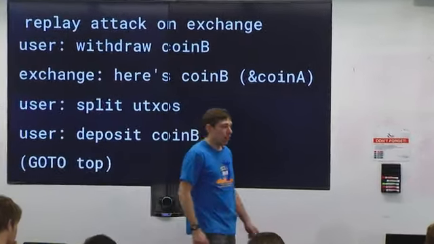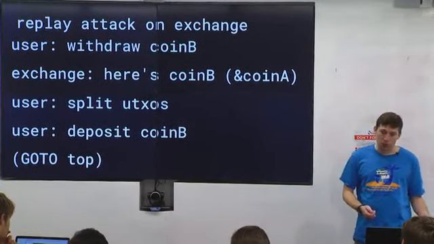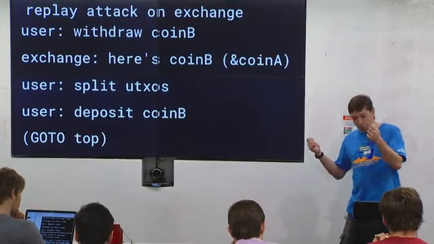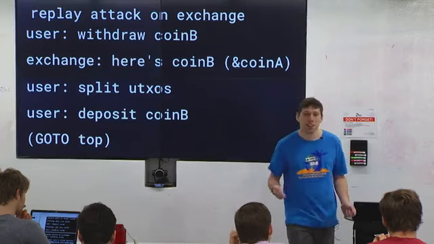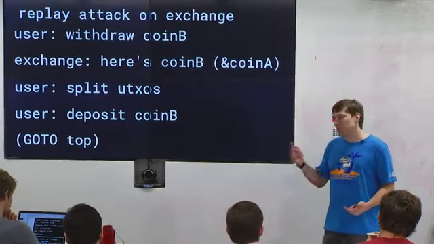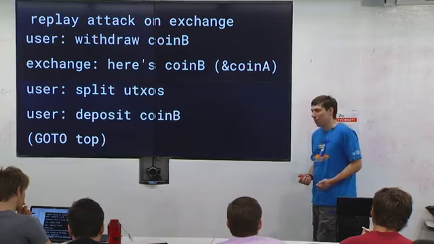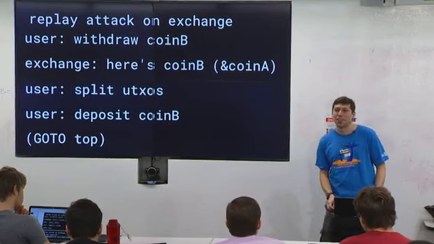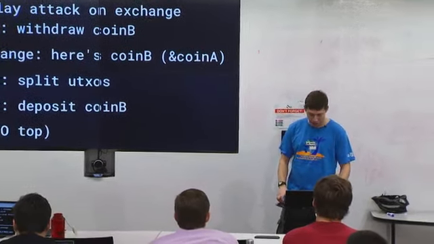And then the user's like, cool, I got both, right? I relayed this transaction between the two networks. I was now able to deposit only coin B and withdraw both coin A and coin B. And now I redeposit, I split again, I redeposit coin B, and I keep doing that. And so I can drain the exchange of all of their coin A with the same amount of coin B, just looping through, depositing and withdrawing. So yeah, this happens. I'm not going to say which exchange was susceptible to this attack. Does anyone know? It shares a name with the first transaction in a block. Anyway,